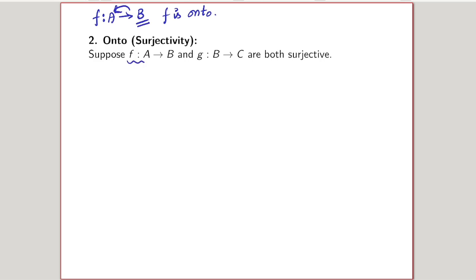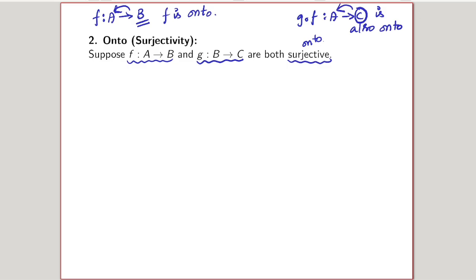Here we are going to assume both the maps f and g are surjective, which is also known as onto. We have to prove that the map g composition f from A to C is also onto. So onto means we choose one element from the codomain and we have to find a